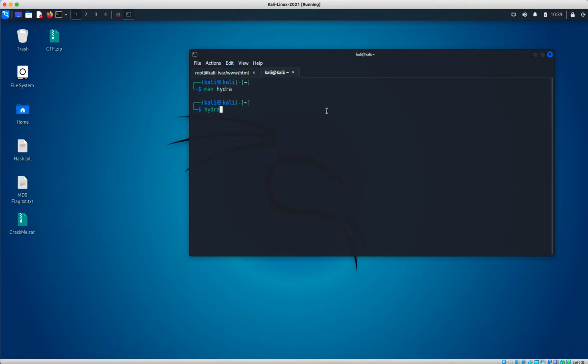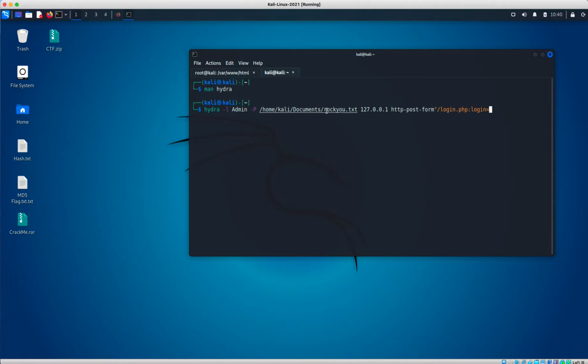So let's do Hydra and -L. Login's going to be admin, and for the password, I'm going to navigate to our rocku.txt, right? My rocku.txt is located in home, Cali, and it's going to be in documents, I think it was, rocku.txt. And I'm going to do this for my localhost because that's where we have extracted the website. So 127.0.0.1, right? And I'm going to try to do this over a form or post form here. So I'm going to do HTTP dash post form. And I'm going to do slash login.php